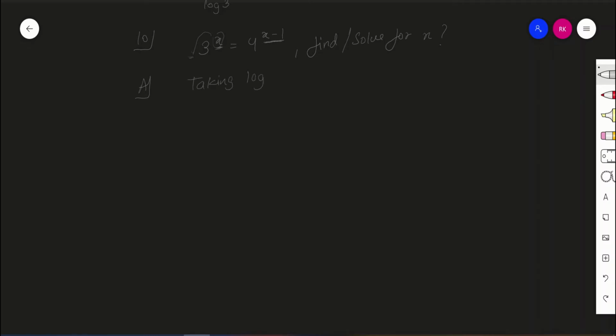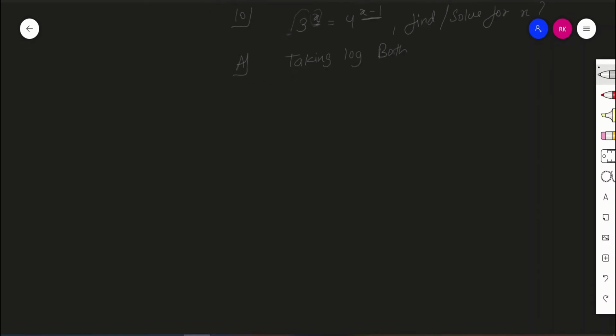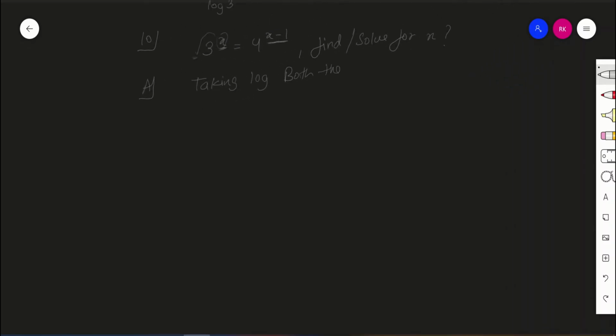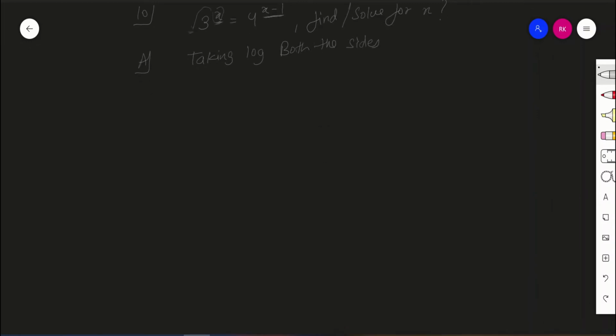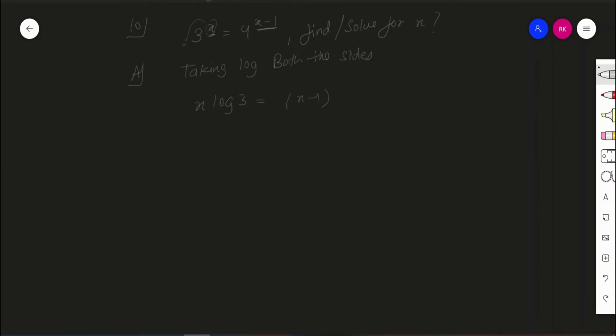Taking log on both the sides, LHS is going to be x times log 3 is equal to (x minus 1) times log 4. So now x into log 3 is equal to, I can write this log 4 as